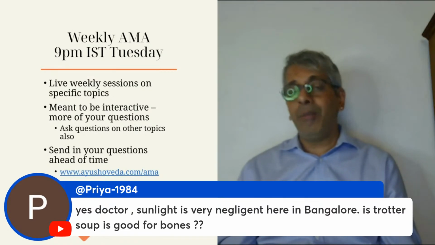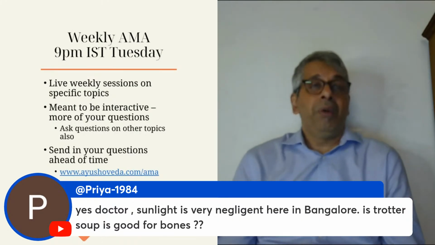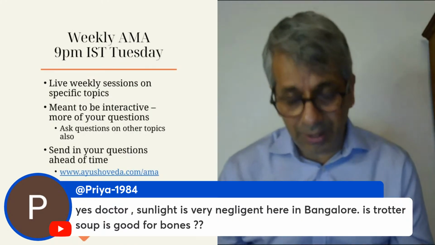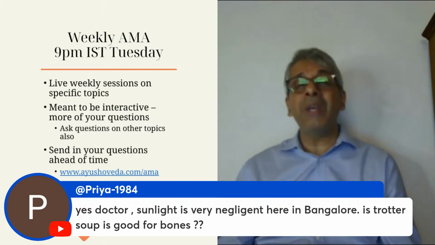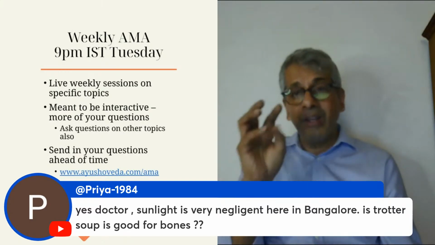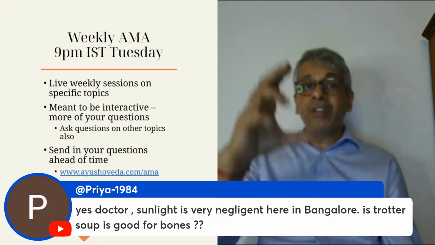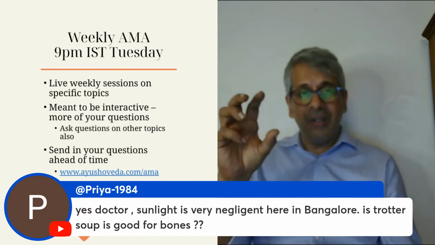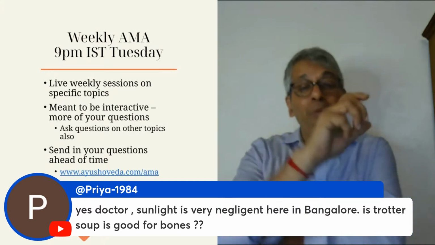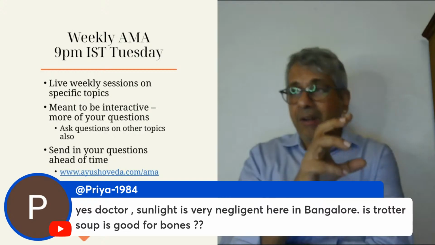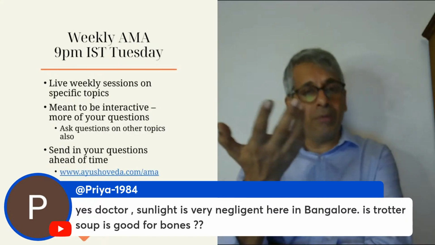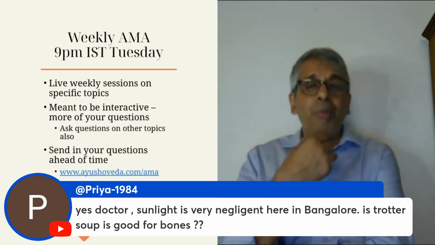The problem is that we are not, and it doesn't mean that on weekends you go out and play maybe 3-4 hours in the sun. Does that help? Yes, it's not that it doesn't help, but I would say small amounts of sunlight on a regular basis is much better than having larger amount of sunlight for shorter amount of time. So morning sun is milder, evening sun is milder. So try to get exposed to that sun more than afternoon sun is my thing. Yes, UV is more. All those things are fine, but your body gets more tired also.